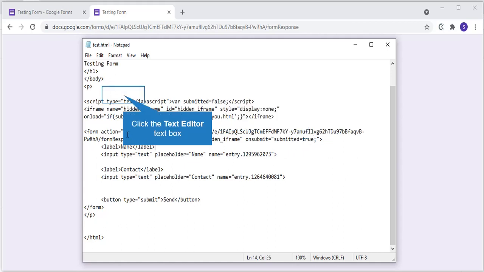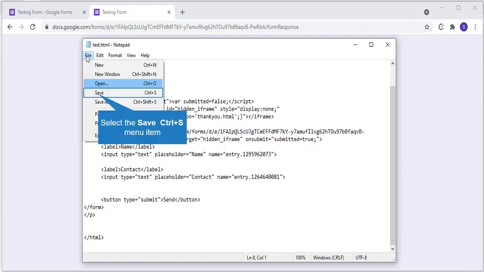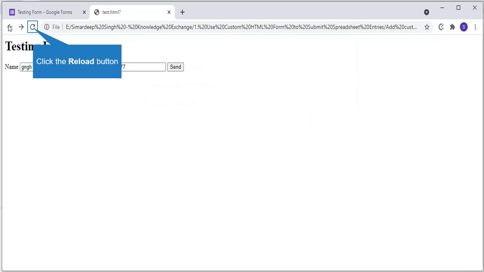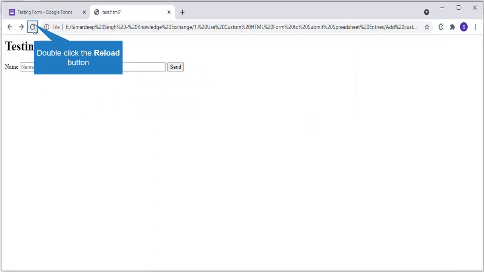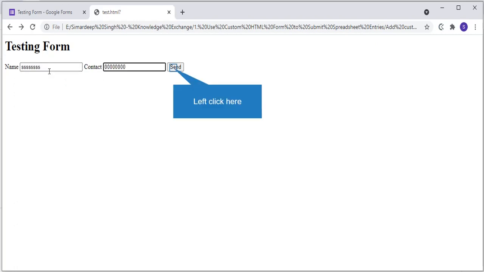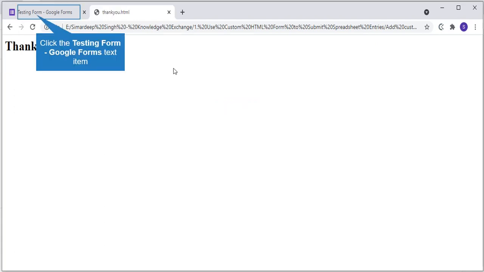Let's save the changes and test the form. I have reloaded the form. Now I will give some dummy entries. Let's see. Yes, it is working.